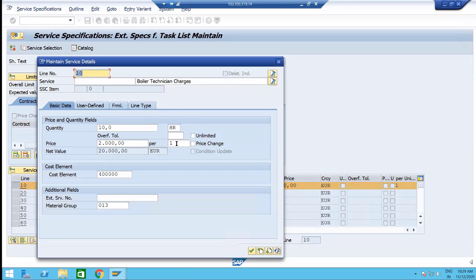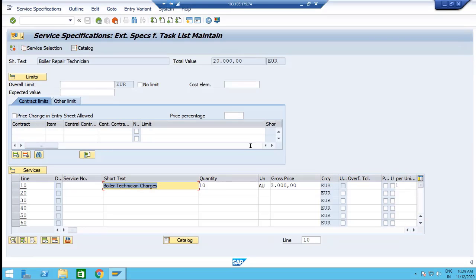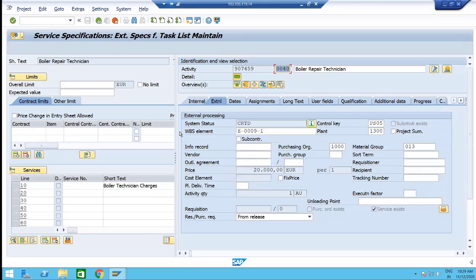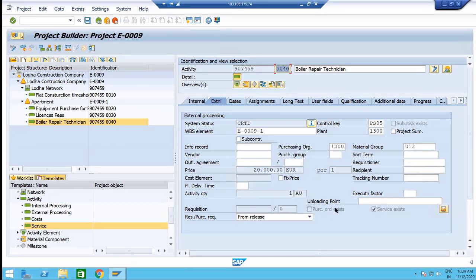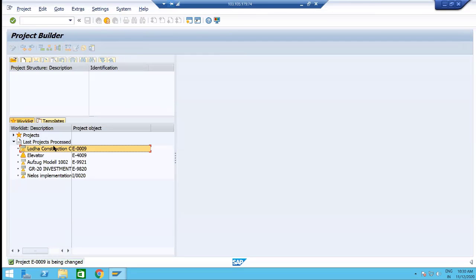So here, the quantity, HR or AU, something like this. I think there was some problem with this. AU, we'll make it, and we'll see here that the service order exists. You're getting? Yes, sir. So external activity, control key PS05. So these are the services. These are the 4 activities that we can